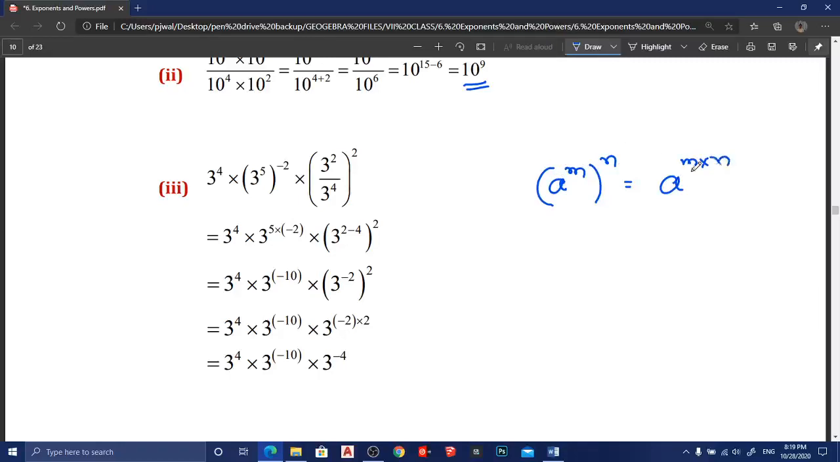Multiply the powers m into n. So then it can be simplified. By taking a to the power of m whole to the power of n, which is equal to a to the power of m into n, you can simplify this. Now go to the third